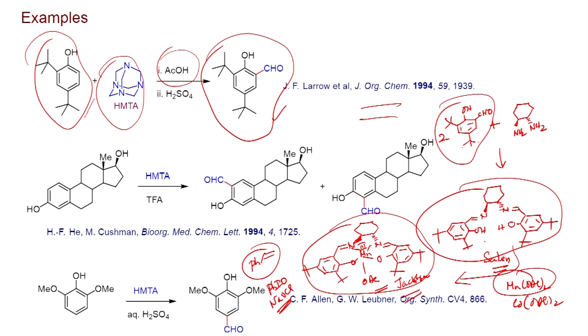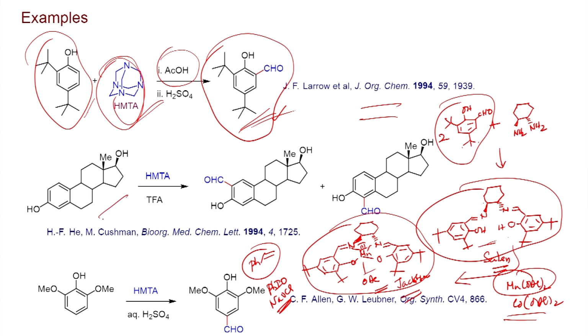I have shown one example here for the preparation of manganese salen complex, which is also now used for the preparation of cobalt salen and other chromium salen complexes, which have been used for a variety of reactions. For example, chromium salen complex has been used for the Diels-Alder reaction. So, this is a very popular aldehyde. This is usually made using hexamethylenetetramine in good yield.